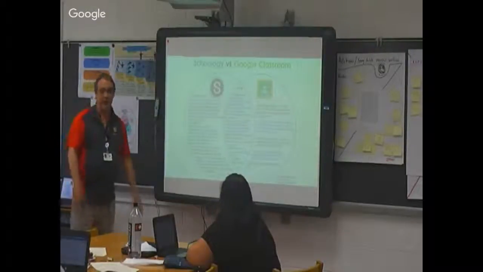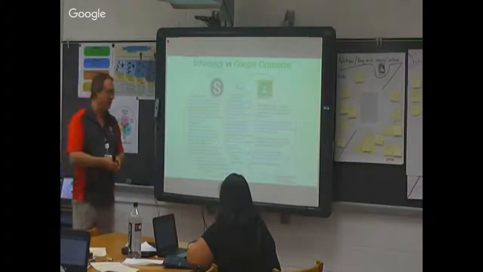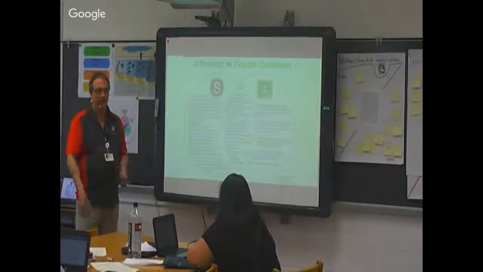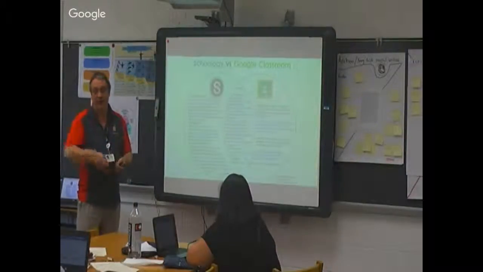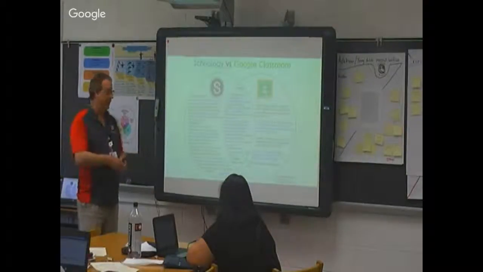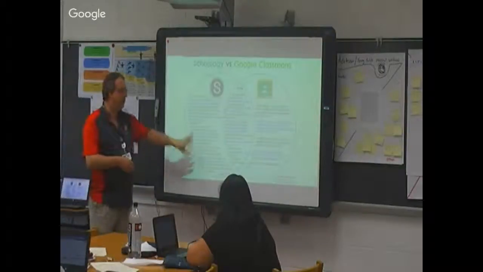Mastery, we can tag objectives to test questions and to alignment and to assignments and everything, so we can go back at the end of the year and say, okay, what have I covered? What do I need to cover again? Who are the kids that need to go to boot camp before SOLs? And it makes it a lot easier for us to pull those things. And those are things we couldn't do